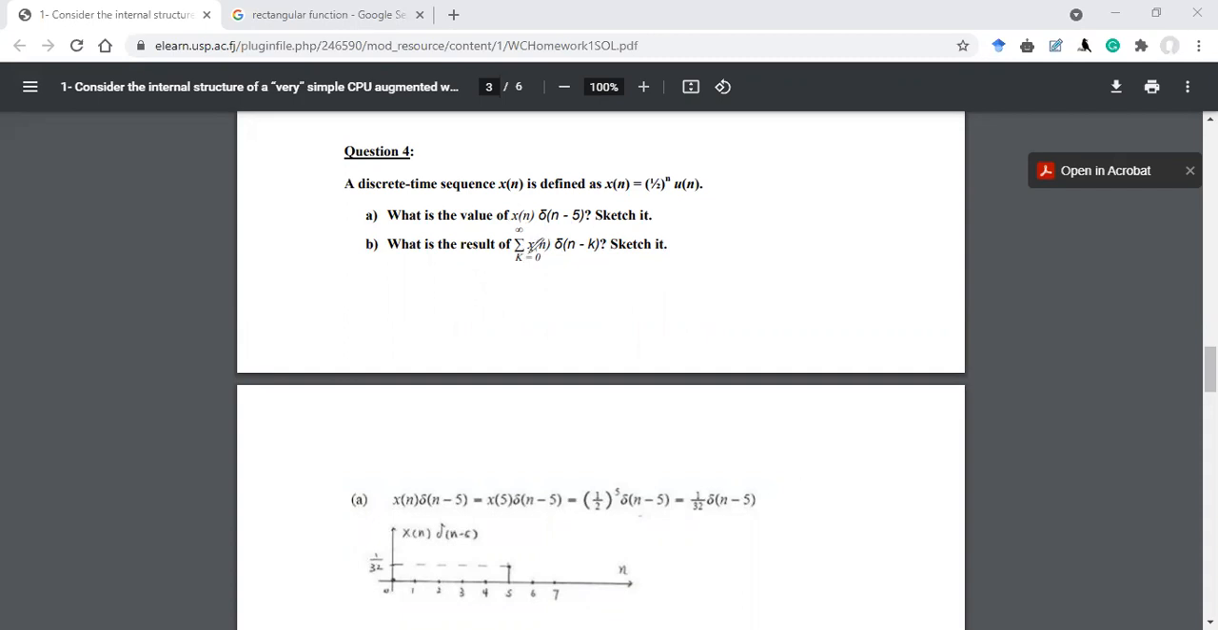You can see that this x of n has no k variable, isn't it? So you can treat this as a constant. So we are just left with the summation of delta n minus k from k is equal to 0 till infinity. If we were to plot that,